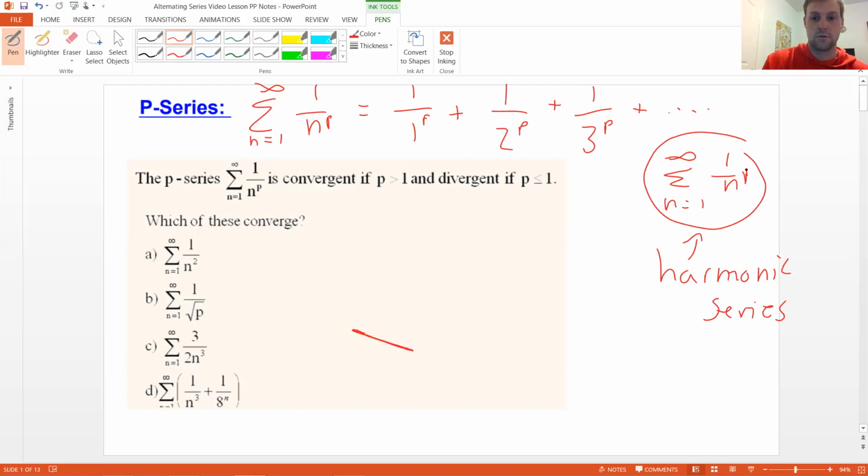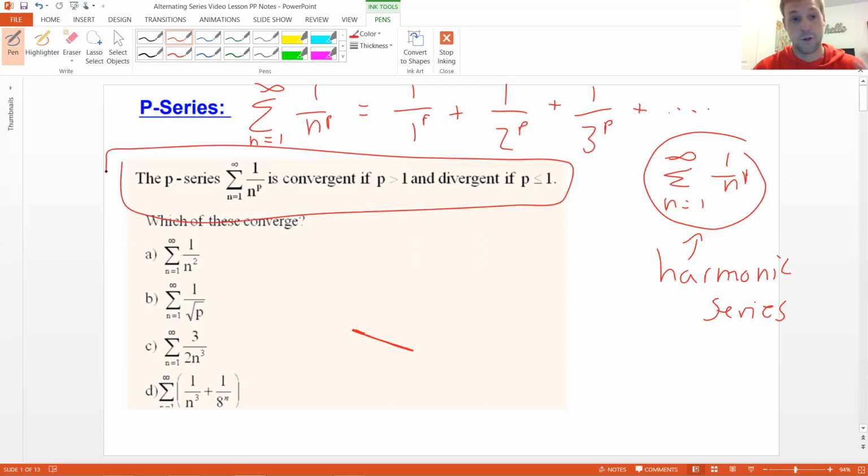So with P-series, I get this theorem, this formula. It says the P-series, the summation n equals 1 to infinity of 1 over n to the p, is convergent if p is greater than 1. So 1 over n squared is convergent. 1 over n cubed is convergent. We talked about this, like the textbook said, it's because